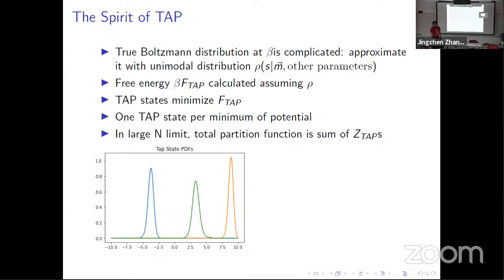So with this near definition, if you have a bunch of minima close together, you're going to have a smaller tap state, right? Smaller width of the tap state. So if you have a bunch of minima close together, then first of all, there's the question of is it possible to jump from one minimum to another? Right. So you can have the answer yes or no, depending on how high the well is between them. So if you have a bunch of minima close to each other, but it's still impossible to jump between them, then yes, these tap states will be super narrow.